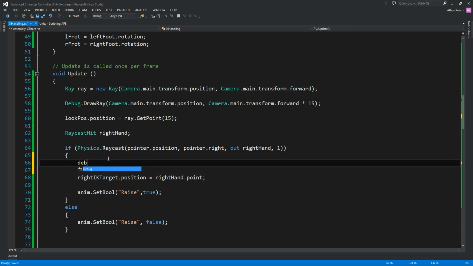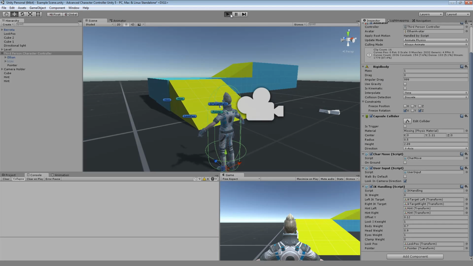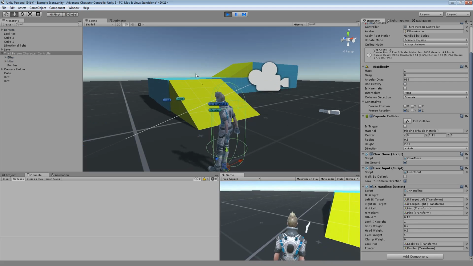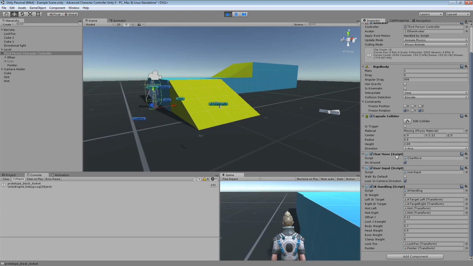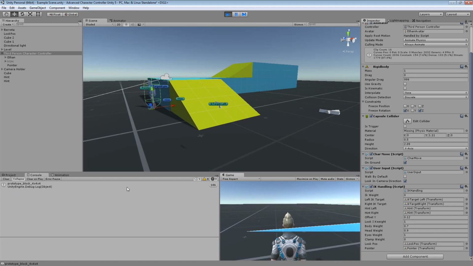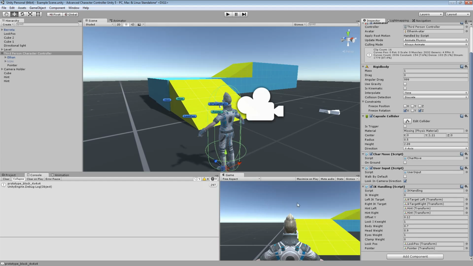Let's make a Debug.Log, right hand dot collider dot name. So let's click play. You will see that now the pointer finds a wall around. But of course, even though it finds this,